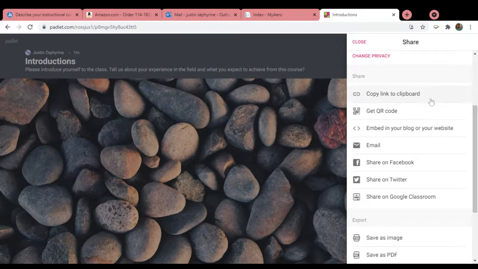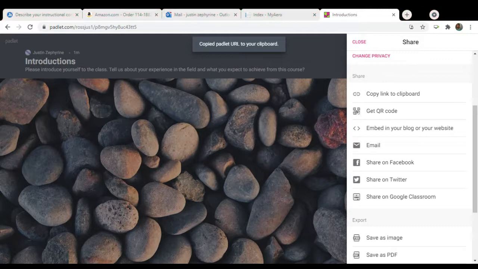But in this case, I want you to just copy the link and paste it into the chat, so other persons in this class can see what your Padlet looks like and even post in it for now. You can always delete the posts accordingly. So go ahead and copy your link. You click copy, and I'll do the same. And you're going to post it in the chat.